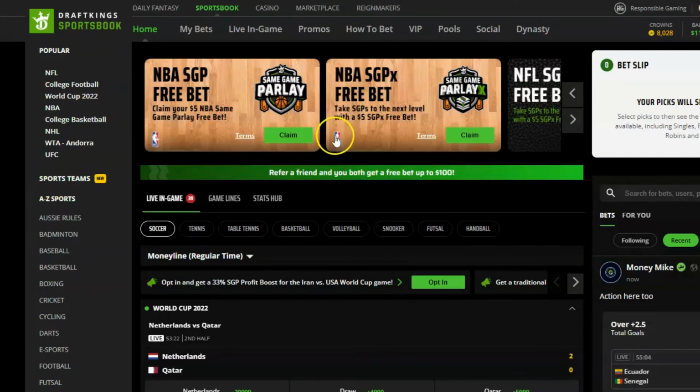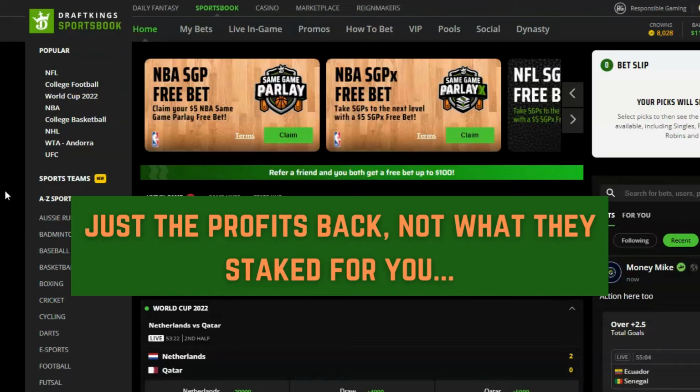All right, guys. As mentioned, these free bets are typically a lower amount. This is a $5 one, and you want to understand that the difference with these free bets is how the payouts work. For example, if I were to wager $100 on a single game wager at minus 110 and win, I get $90 back, so you get your stake plus your profits. But with free bets, they just allow you to get the profits back, so you don't get that $5 plus what you would have won on top of that. So just understand that if you place this, you don't get the amount that's staked, you only get the profit.